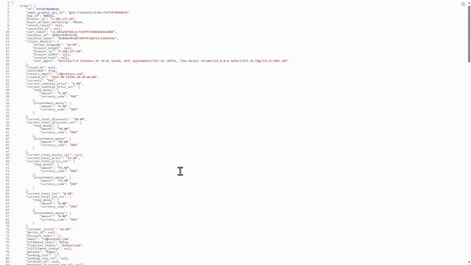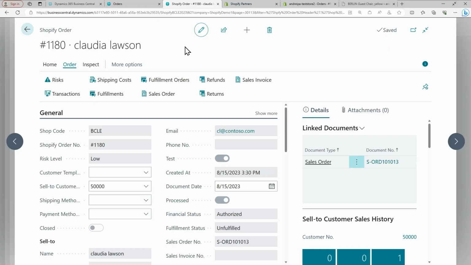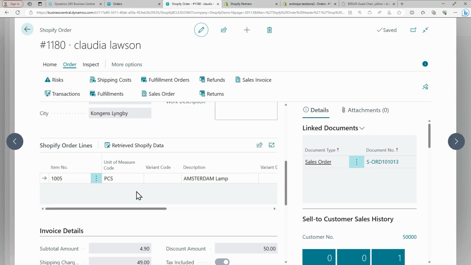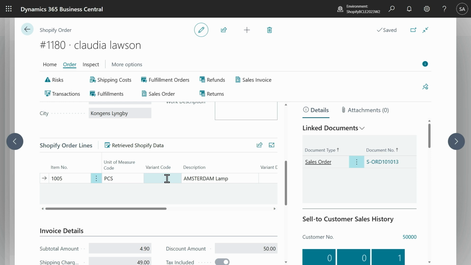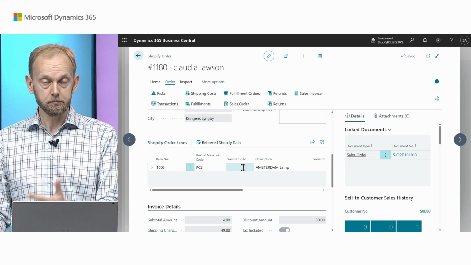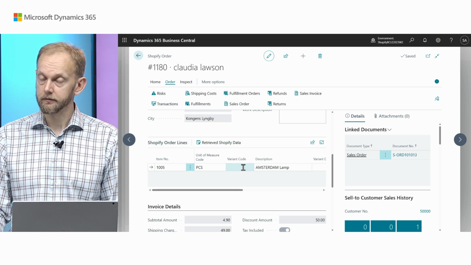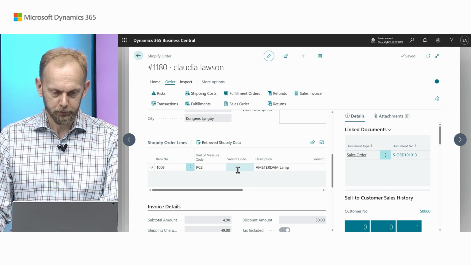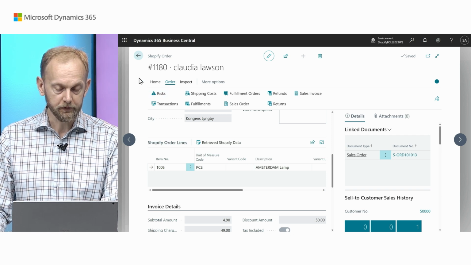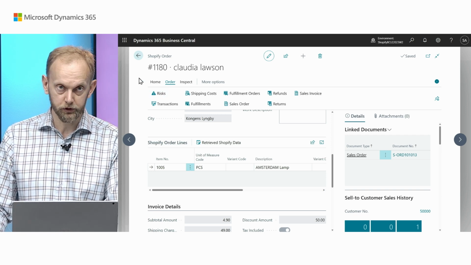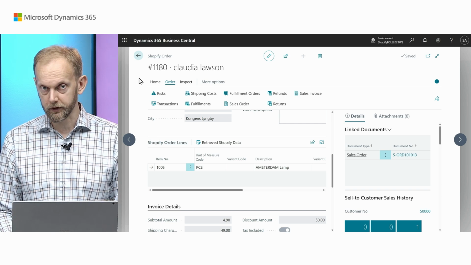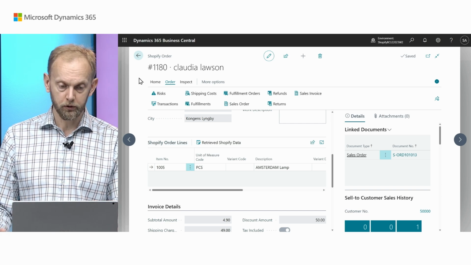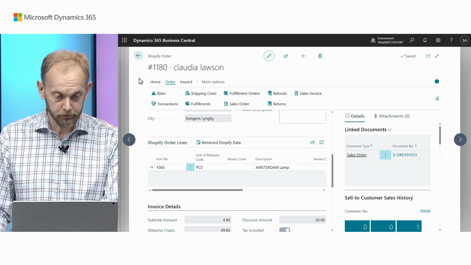For example, how discounts are allocated. It also might be helpful to understand, for example, if you are missing the item variant code, you might be curious why it's so. Is it because we didn't receive it from Shopify, or it does not exist in Shopify? This trick helps to solve that confusion and helps you understand whom to contact for additional support. Is it Shopify, or your Microsoft partner and Microsoft?